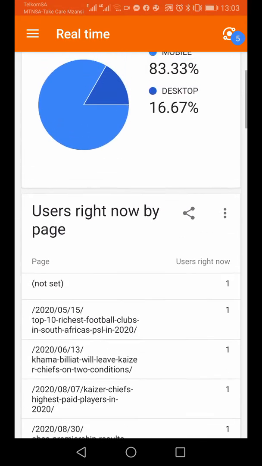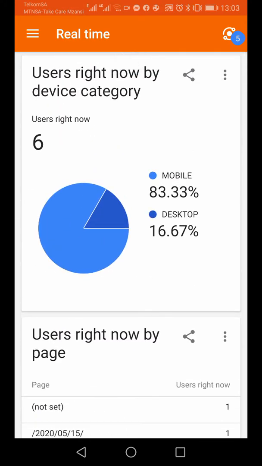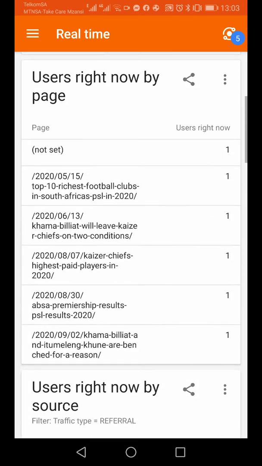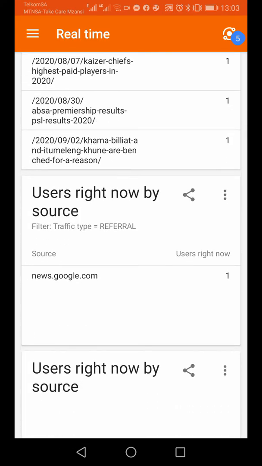But what I'm trying to say is, log in using your analytics. Once you're on your analytics, you click on that link, this one, then it's going to show you which news was selected. Guys, that's what I was trying to share with you today, that one of my articles was selected by Google.